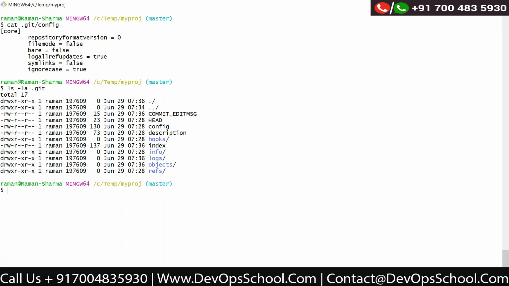All right. So now, this particular directory has one configuration file also, which is the local repository configuration file, and it has more priority compared to the global configuration file.